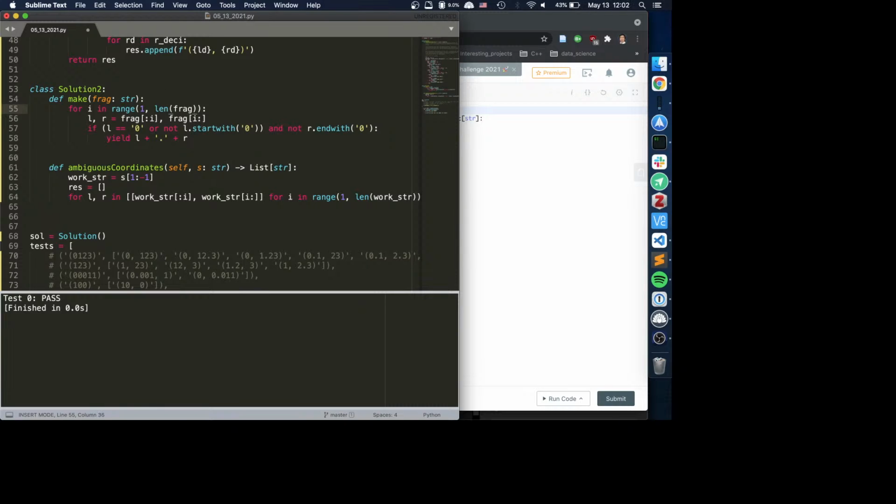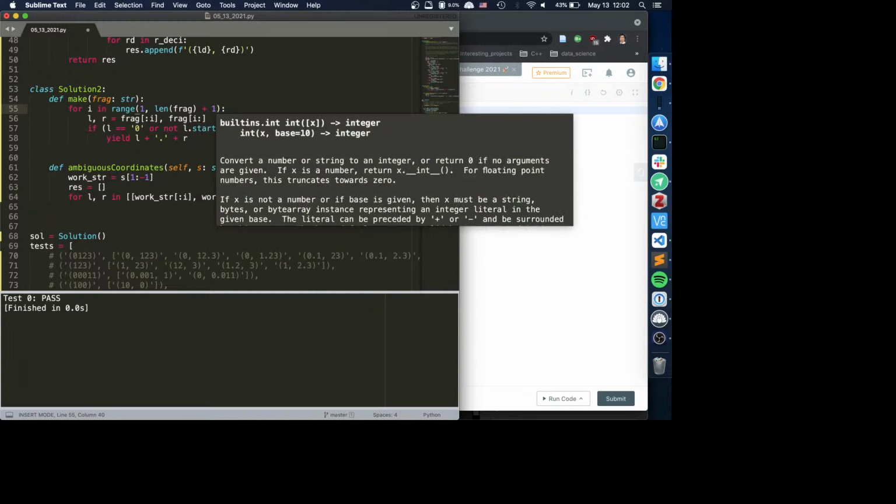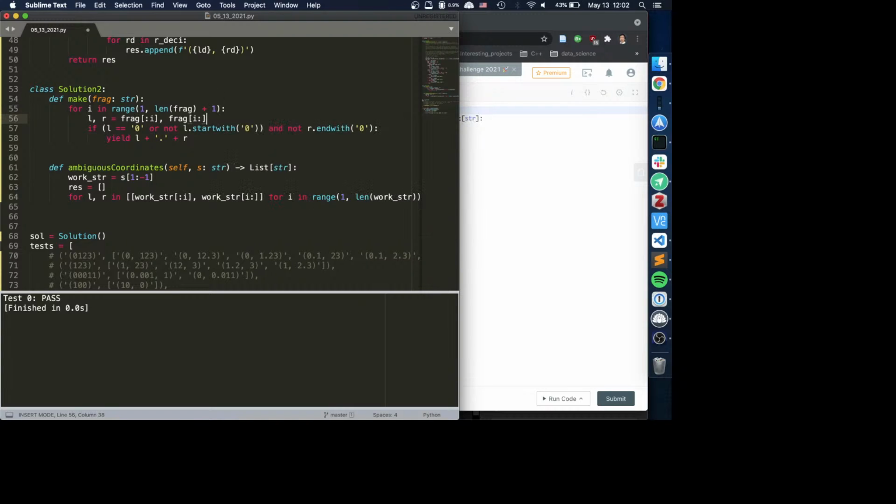I think this has to be +1, right? Because from 1, 0, 1, right? And then we do this. Yeah, we'll have to +1. And then this is going to be, if it's 0 or if it's not, start with 0. And this plus this if